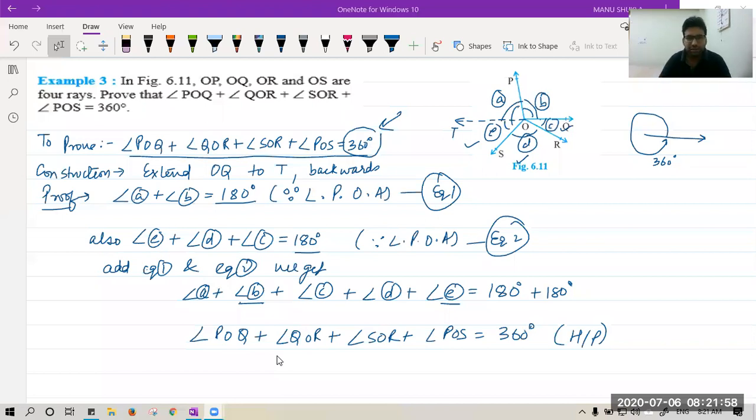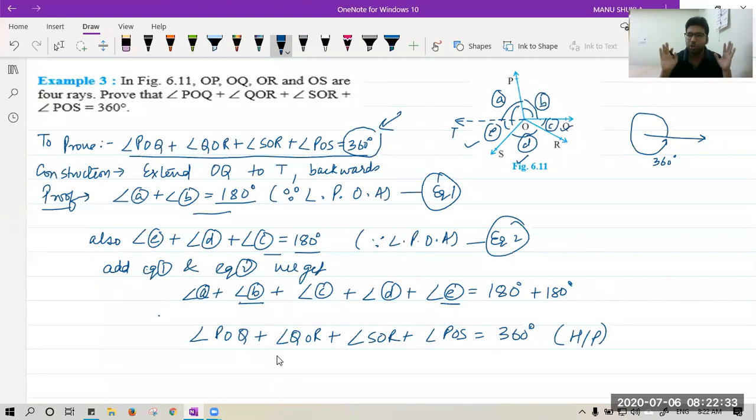Okay, what I have done is, after this, we have these two equations, A plus B and E plus D plus C. Now, I saw what I want. I want the complete angle to be proved as 360 degrees. For that, if you observe the two equations you have, if you add these, the sum on the right side will become 360. Now, I have written the addition of that. That is A plus B plus C plus D plus E is equal to 180 plus 180.